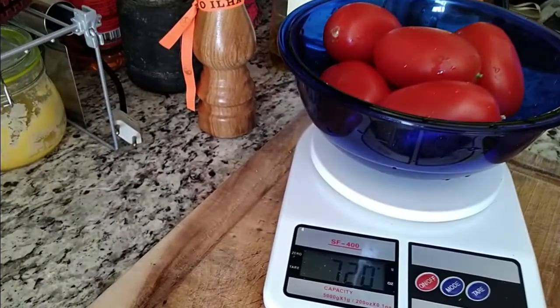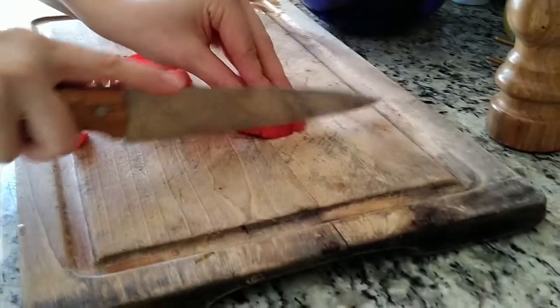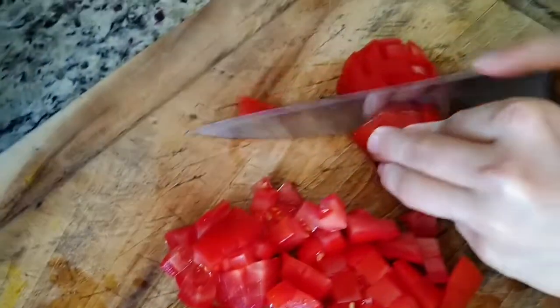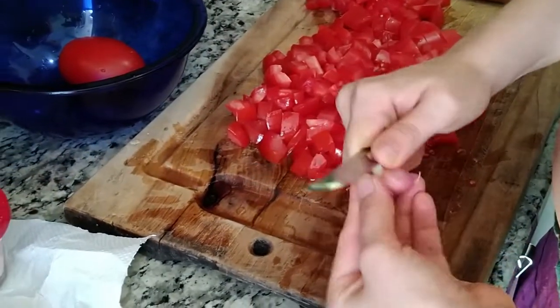For this recipe I used 700 grams, normally we use from 600 to 700 for 2 people, depends on how much sauce you want in your pasta. Cut the tomatoes into squares. Of course you can remove the skin if you want, but I didn't do it. Then you will put a garlic,